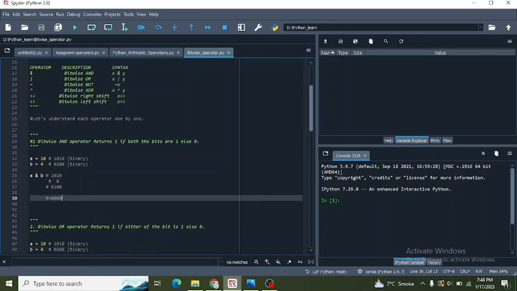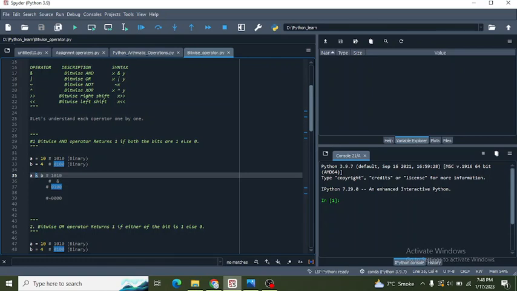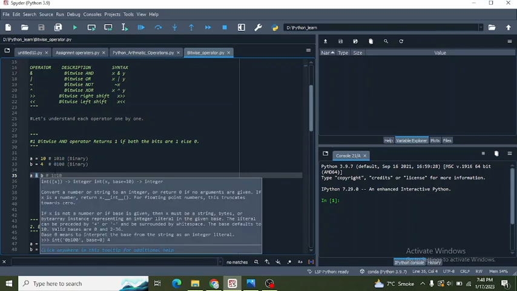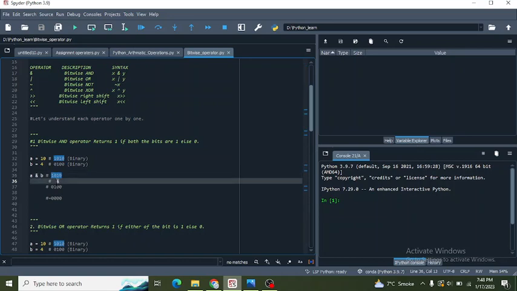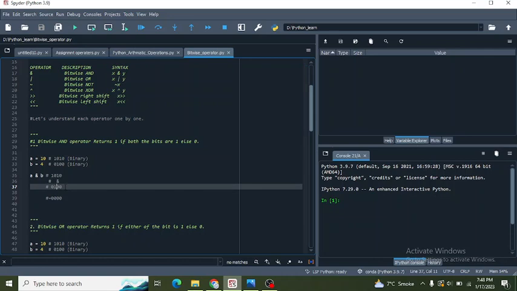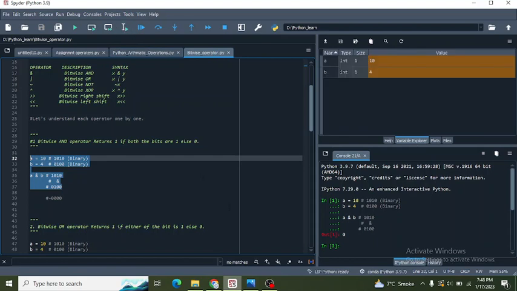Let's take an example. A is equal to 10 and this is the binary value of 10. B is equal to 4 and this is the binary value of 4. A bitwise AND operator B. A is 1010 in binary, and is the bitwise AND operator symbol, and 0100 is the binary value of B. Its output is 0.